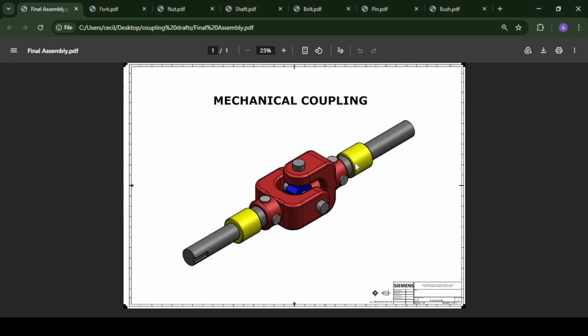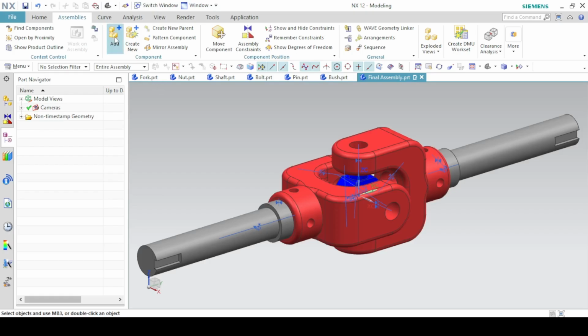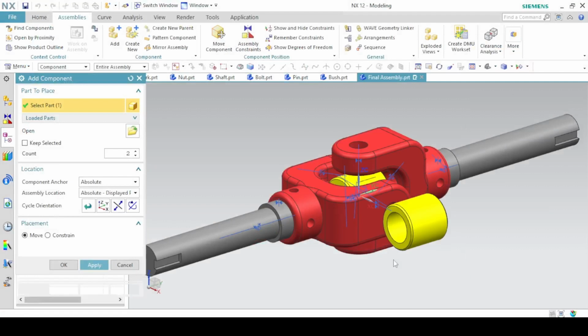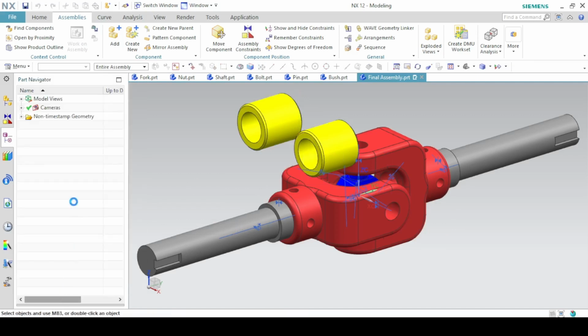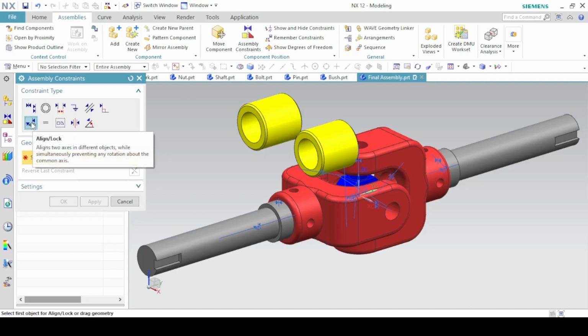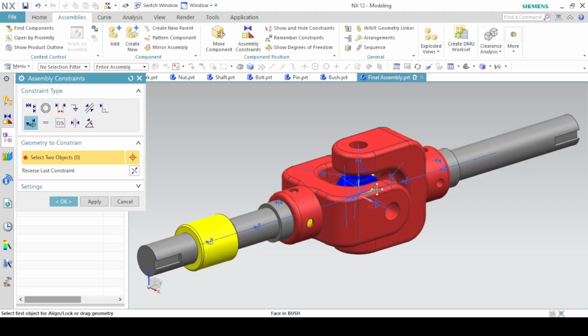then we insert the bush as well. So we need 2 bushes. Okay, assembly constraints, again align lock this center line and this center line, pull it back, this center line and this center line, and then pull it. Okay, so pull this inside,